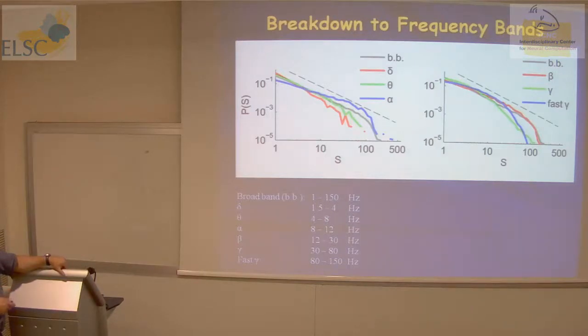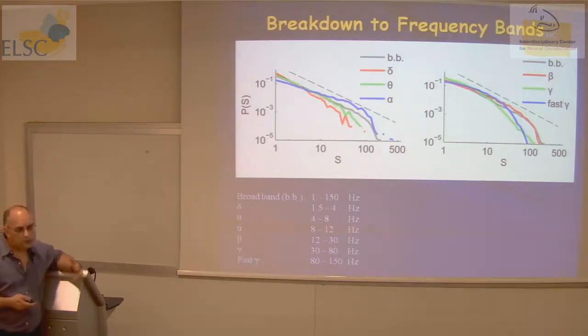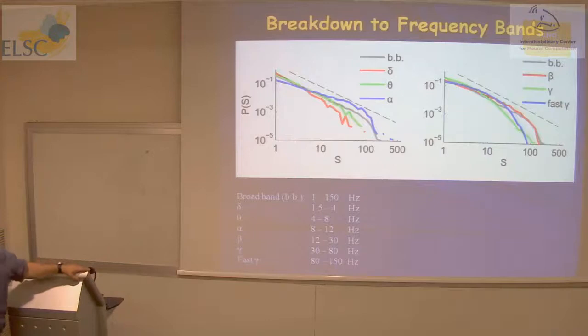And here you see the low frequency bands, delta 1.5 to 4, theta 4 to 8, and so on. You see that you still get some heavy tail distributions, but the exponent can be very different. Only for the theta band does it roughly resemble the negative 1.5. But for the high frequency bands, you clearly don't get power laws. You get something which looks more like an exponential. So the main take-home message here is that this analysis reflects some kind of scale-free behavior in the system, and it's a bit artificial if you try to break it into different frequency bands.